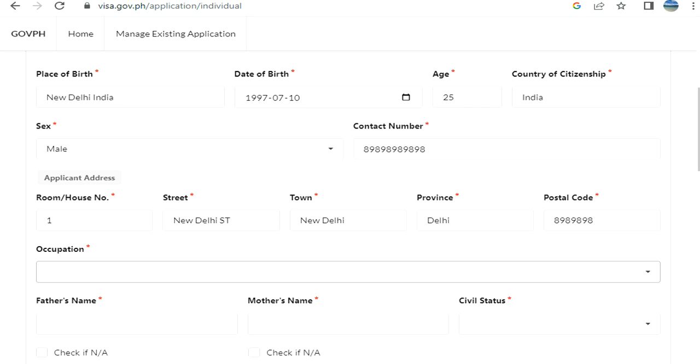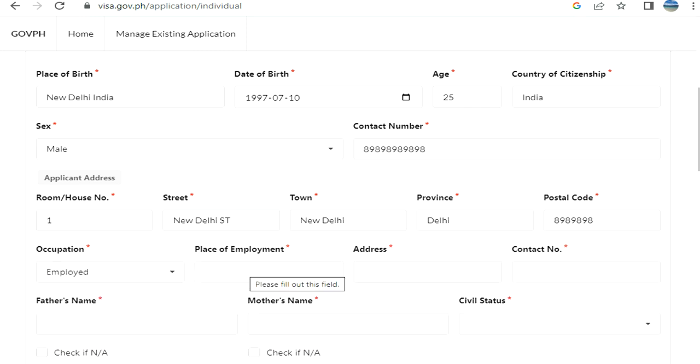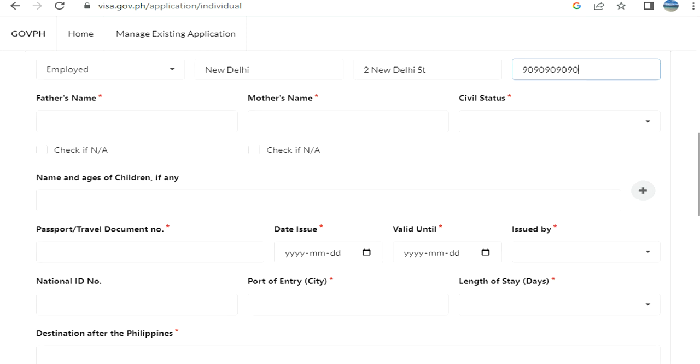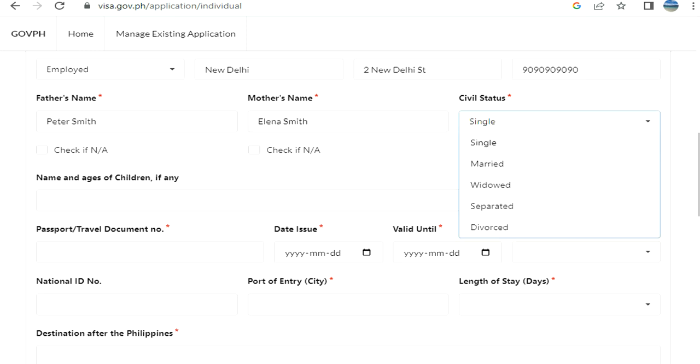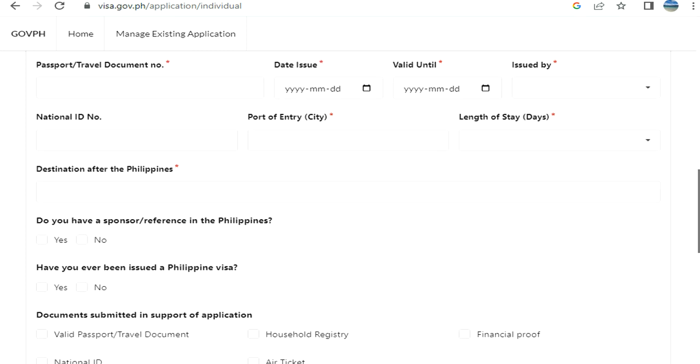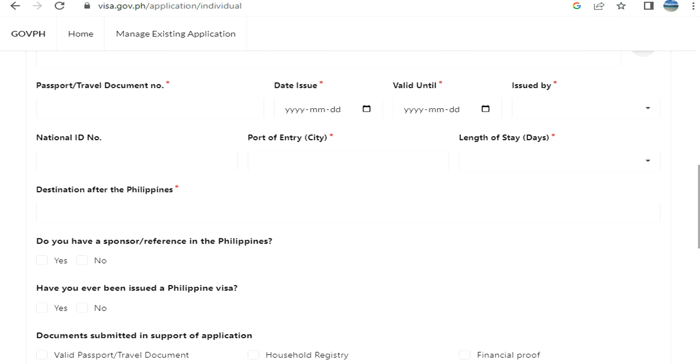Occupation it is asking. These are very common questions like address, phone number of the place you are working at. Governments do ask these questions just to verify. Parents name, sample guys. You need to enter as per your case. Civil status single, name and if any, passport details, this definitely they ask, nationality if you have, port of entry,